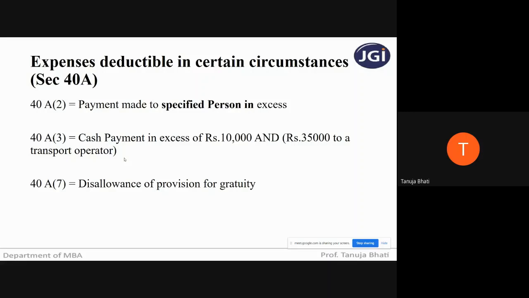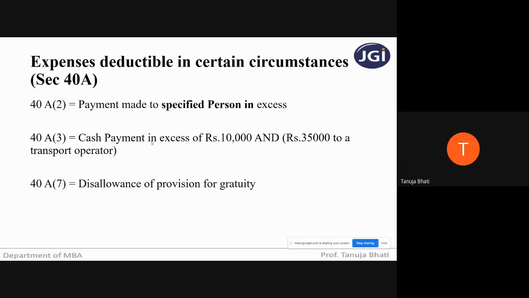Therefore, it has brought in this provision wherein it says that if any assessee is making a payment to a person in a single day otherwise than by any electronic means, it can include payment in the form of cheque, or bank draft or any electronic mode, otherwise than that, means in the form of cash, which is exceeding 10,000,